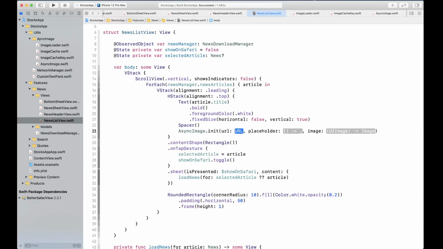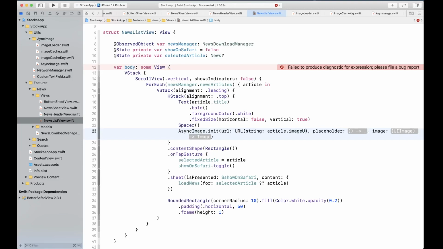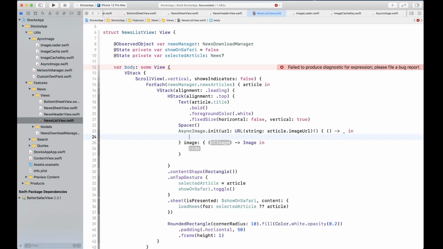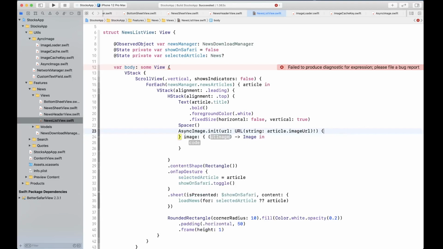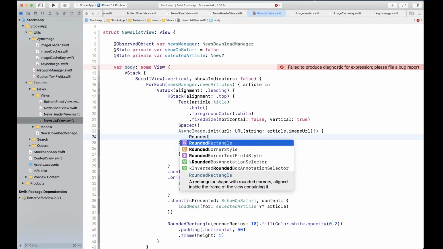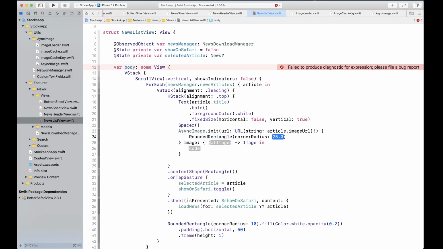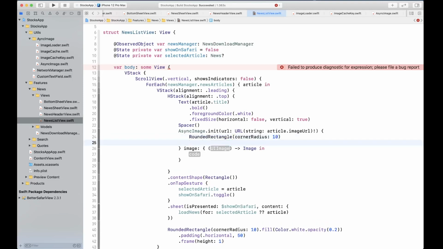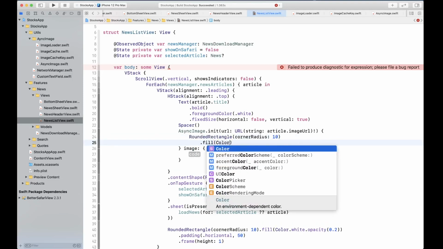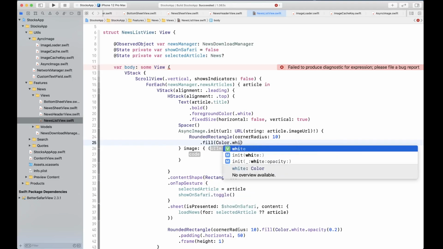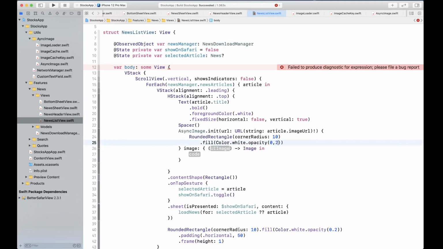So URL is going to be the URL that's going to come from article.imageURL. Okay, for the placeholder, we are simply going to have a RoundedRectangle with corner radius 10, and we're going to create a fill for that, Color.white.opacity 0.2.